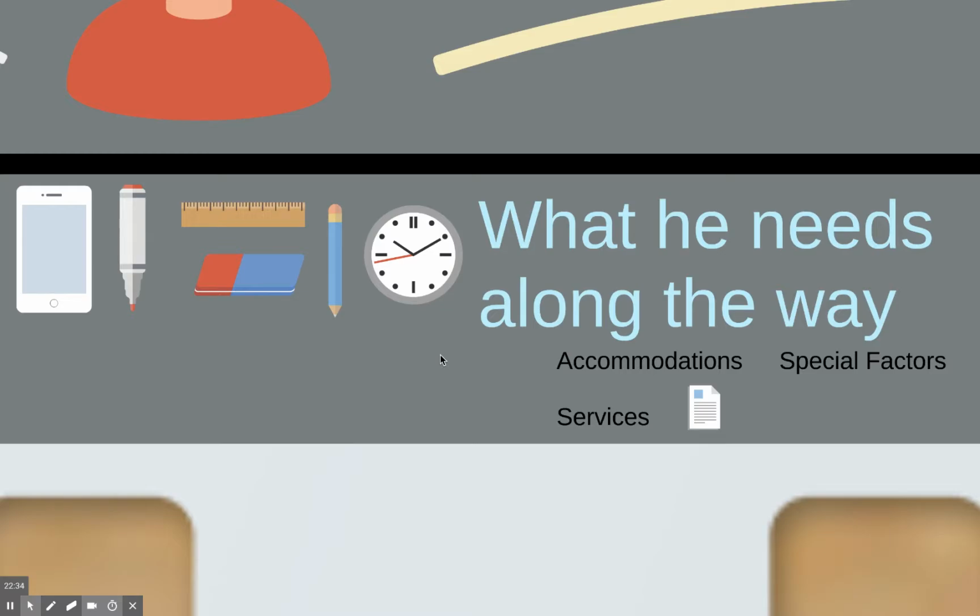supplementary aids. And just as a side note, I'm going to pause here and make a UDL connection. Within your IEPs, I wouldn't be afraid to be using some of the language of UDL to say the student needs a multimedia representation when they're first learning a new concept. The student needs to be given the ability or the choice to use their voice when expressing their understanding. Because if you're in a district that's using UDL, you can use the language of UDL within the IEP,